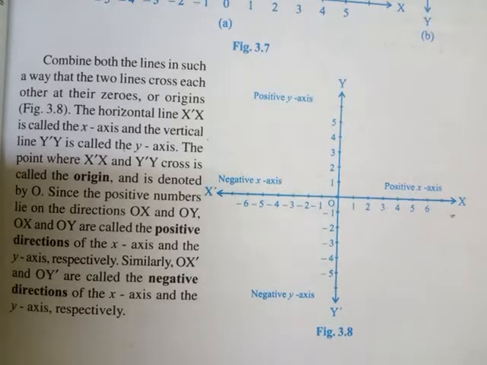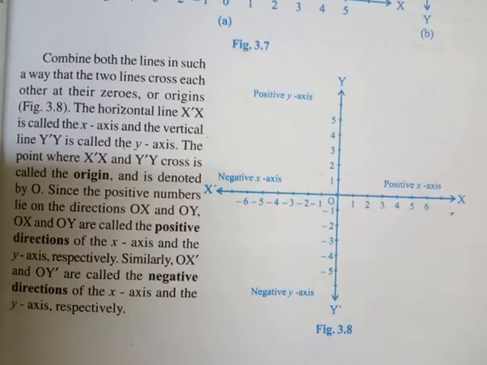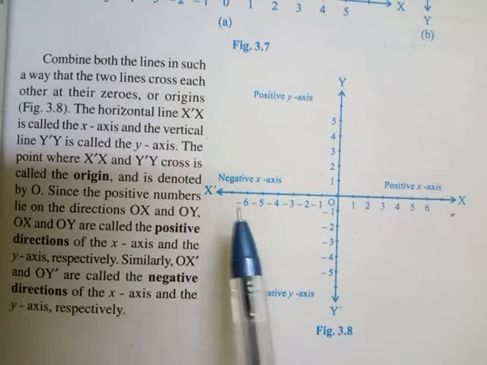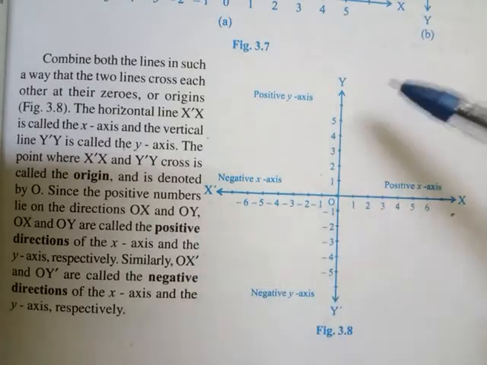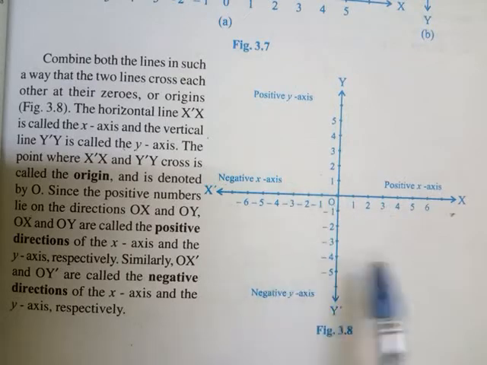Students, as you know that we have started exercise 3, chapter 3 of class 9, coordinate geometry, and today we are talking about the Cartesian plane. As you can see in the diagram, this is the x dash, means x-axis, and y dash, the y-axis. This is the first quadrant, second quadrant, third quadrant, fourth quadrant.